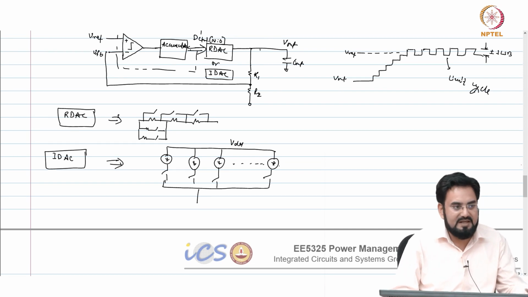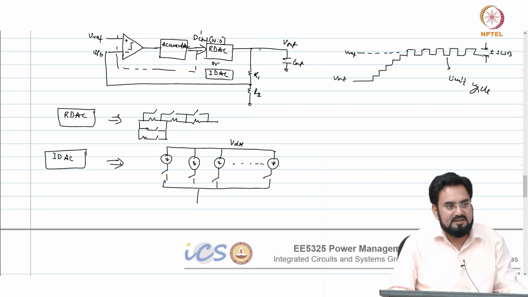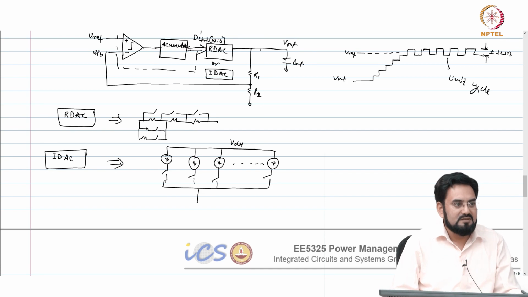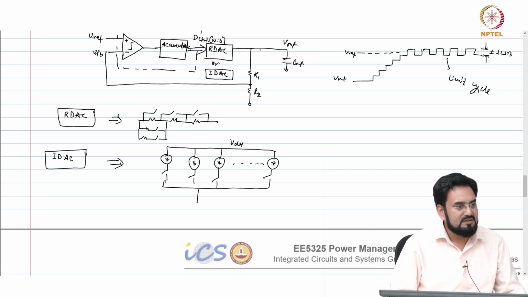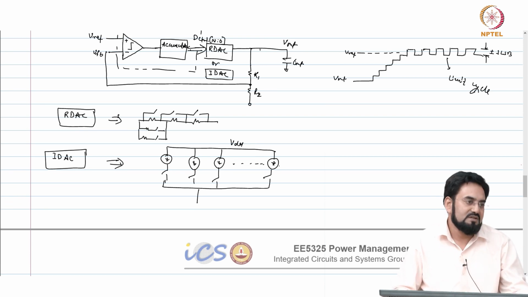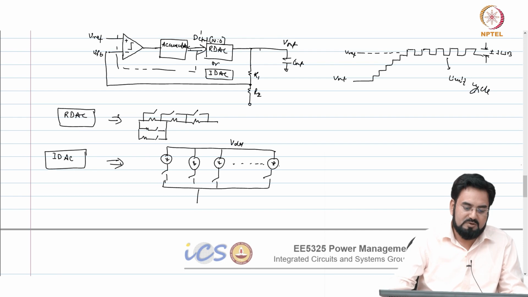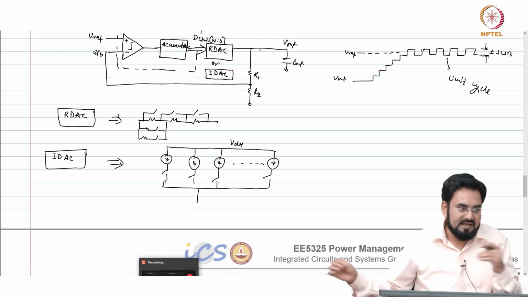Okay, if it is, let us say, a 1 milliampere fixed load you are designing, then it is very straightforward. 1 milliamp divided by 100, you know it is 100 microamp, not 10 microamp. Okay, so 10 microamp is the smallest size. You just use 100 currents in parallel of 10 microamp, and you are done. But this will not work if your load is varying. So, you have to cover both higher and lower. You have to maintain the accuracy as well as maintain the highest load current.